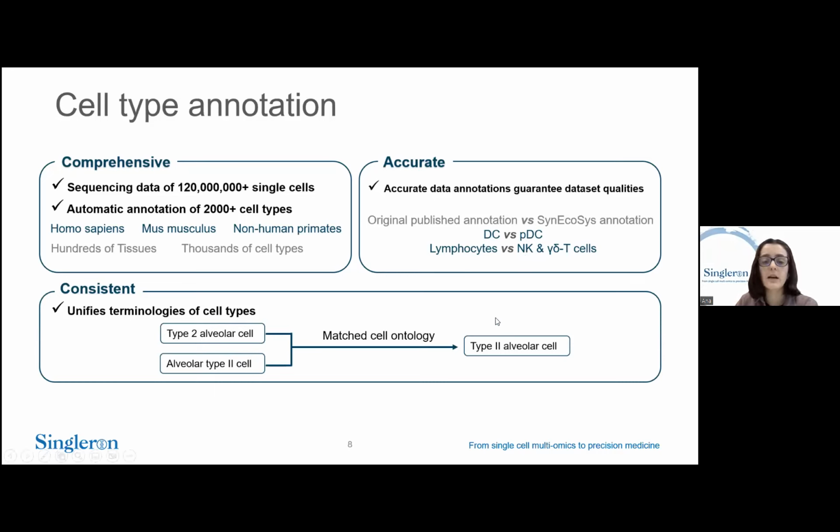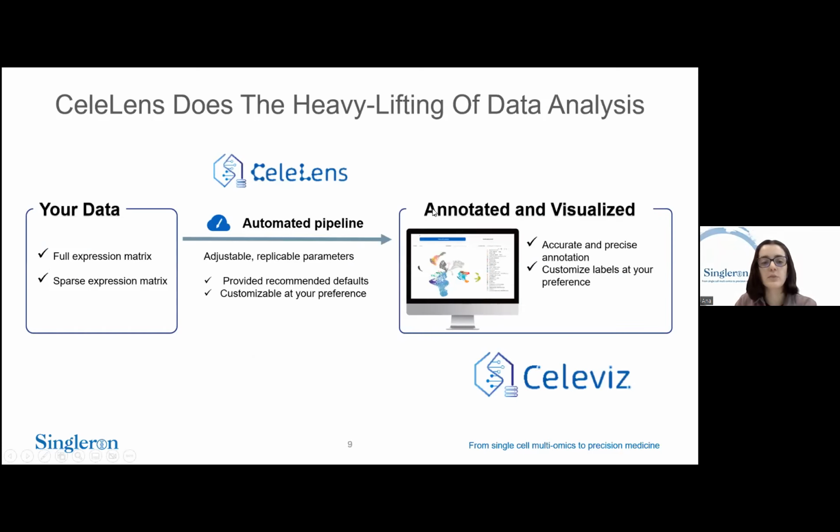So SynEcoSys is not just for public data sets. You can also use SynEcoSys to analyze your own data. All you have to do is upload your gene expression matrix. It will be run through the same automated pipeline, and your cell types will be automatically annotated. Of course, these labels can then be customized to your preference. Using the same automated pipeline also allows you to compare your data set with publicly available data in an easy